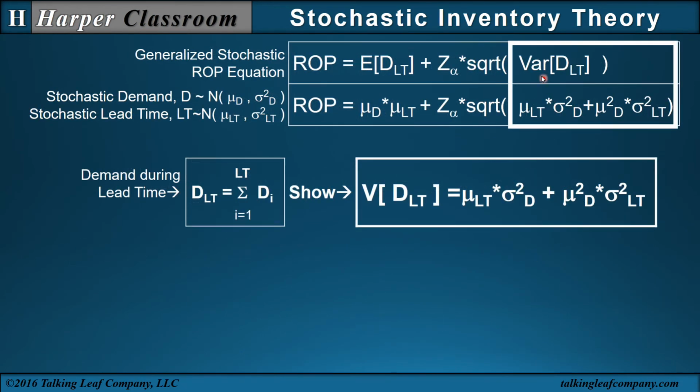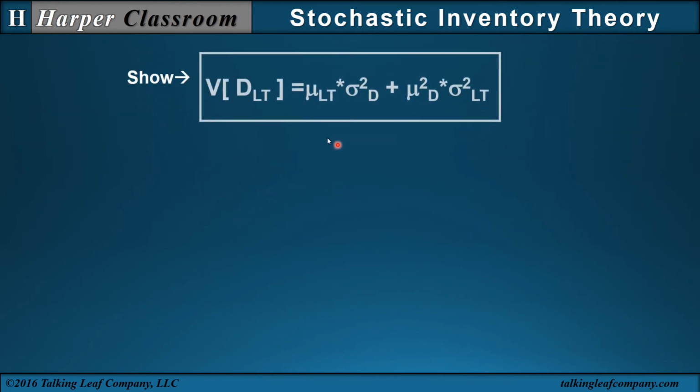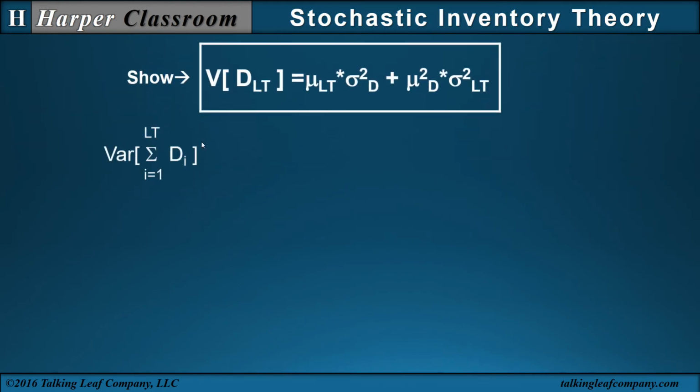So now let's derive the variance of the demand during lead time as this expression. If the demand over lead time is the sum of the demand, where the lead time and the demand both are random variables, show that the variance of the demand over lead time is given by this expression, which is the mean of the lead time, the mean of the demand squared, and the variance of lead time and the variance of the demand. So let's take this expression, move it up here, and start with the variance of the sum of the demand